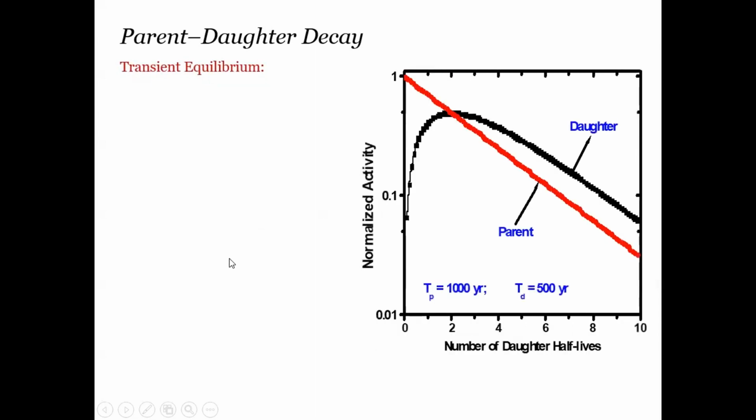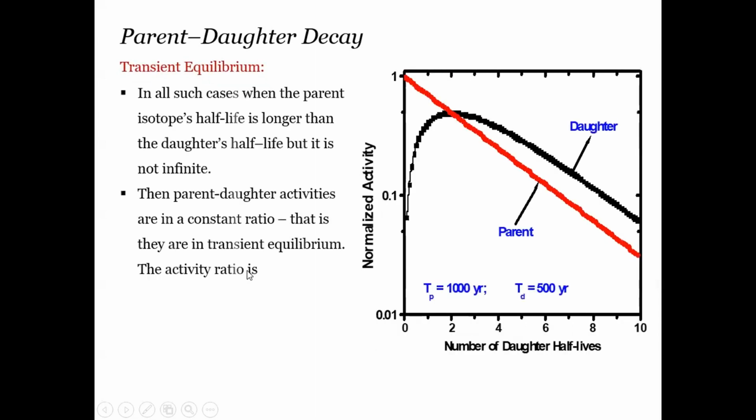Transient equilibrium is another example in which the half-lives are longer, but they are not infinite. The parent's half-life is long, but it is not infinite. For example, 1,000 years for the parent half-life and 500 years for the daughter. And this kind of a case generates the